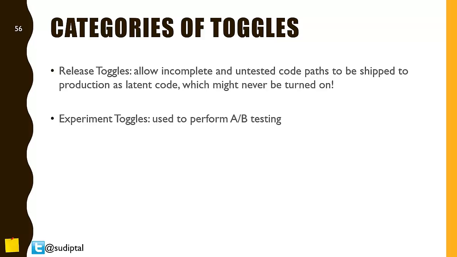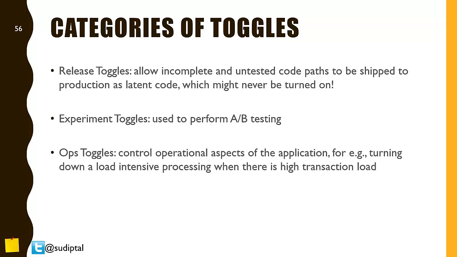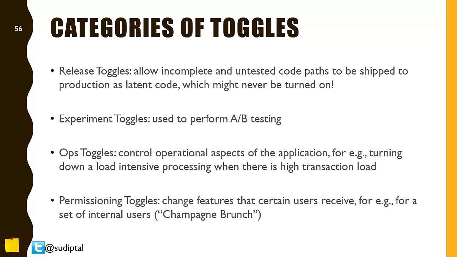Experiment toggles, and we use this for A/B testing to control the functionality for one group versus another group. Ops toggles: if you have performance reports or something else which is a very heavy processing application and you want to switch it off when you anticipate a heavy user load, you can use these ops toggles to dynamically switch off a particular aspect of the application so that the user doesn't experience any load. And permissioning toggles, which is similar to A/B, but I will talk about it a little more when we come to the use of canary